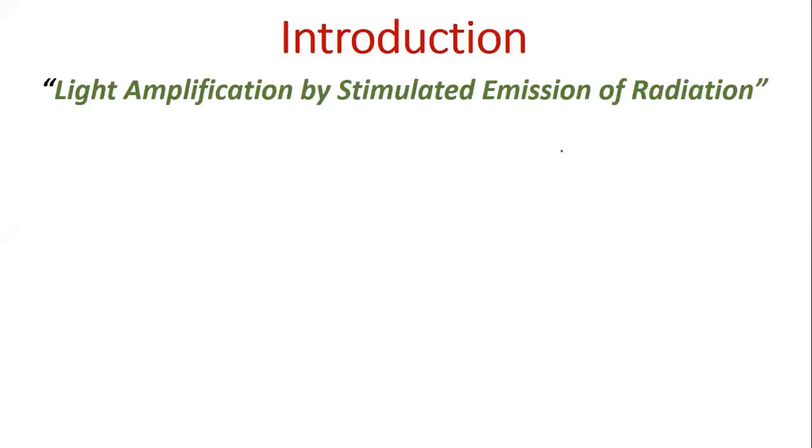So what is basically a laser? Laser is an acronym of light amplification by stimulated emission of radiation. Now see, what is a laser? Laser is a device in which we amplify light with the help of stimulated emission, or any light source in which we are amplifying the light with the help of stimulated emission is known as laser light. And laser is one source which is highly coherent, monochromatic, unidirectional, means these are some of the properties of laser. So if any light source has this type of properties, we can call it laser light.